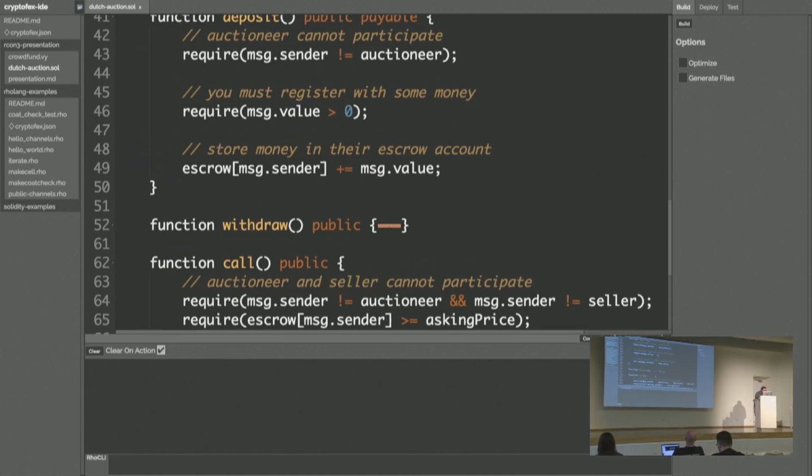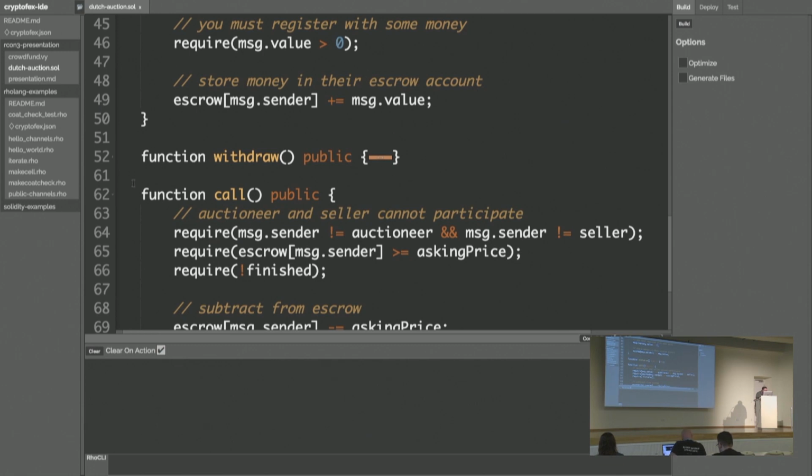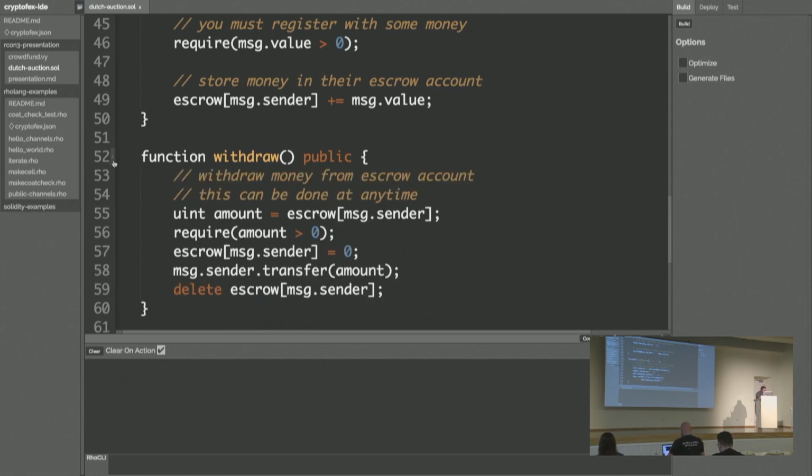That I just accidentally folded. You can click on the, yeah. So